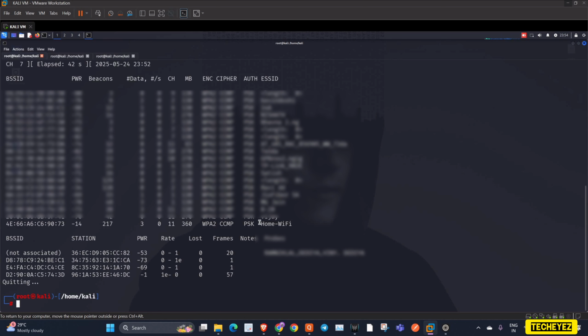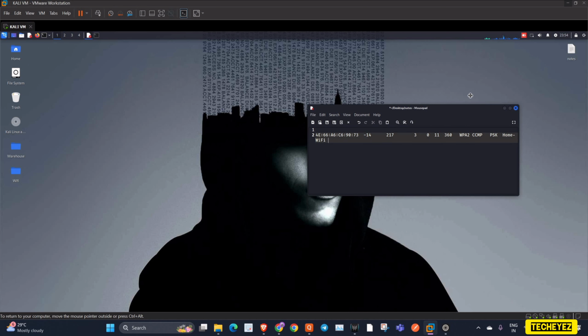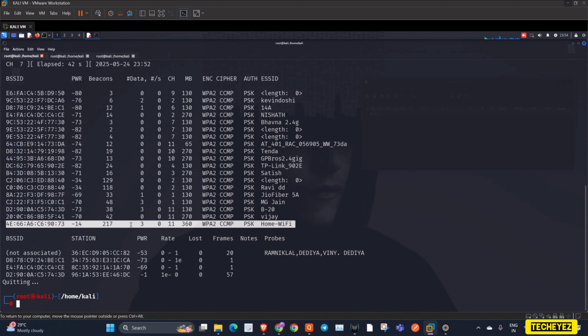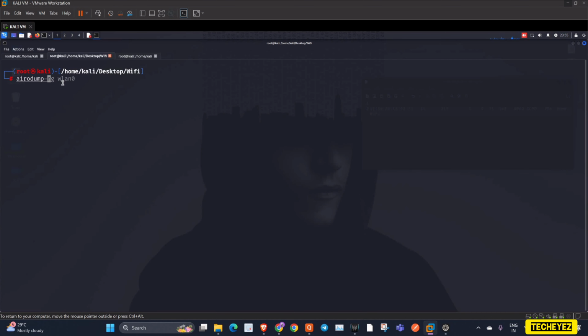For my demonstration, I am using my own home Wi-Fi as the target. I'll just copy it and save it for my reference. Now I'll use the command airodump-ng with the flag -w and the file name TechEyes, where it will save all the captured packets to a file.